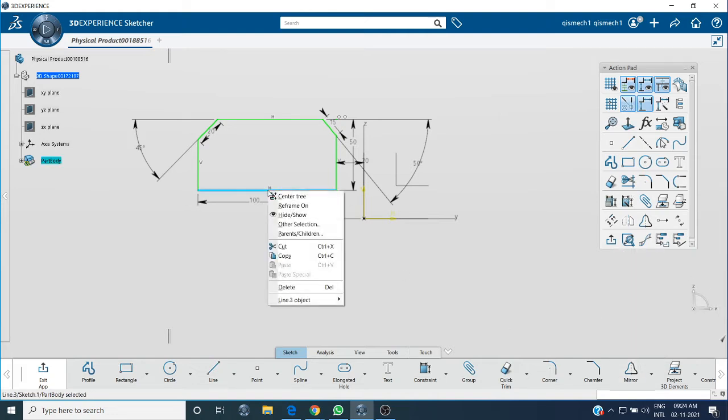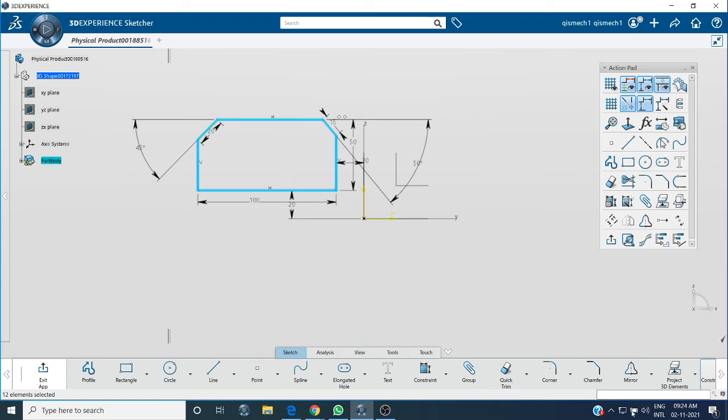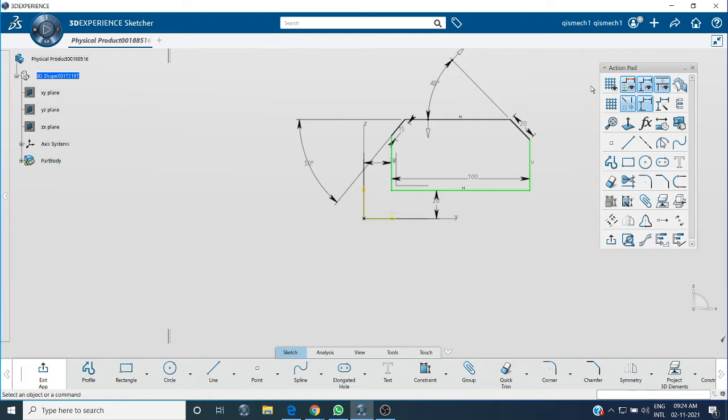First, select the profile. I think I had already explained how to select the whole profile at a time, auto search. Then go to symmetry, and select the axis reference line you want for symmetry, and just click that one. So this came. The total profile is symmetric with respect to the z axis.